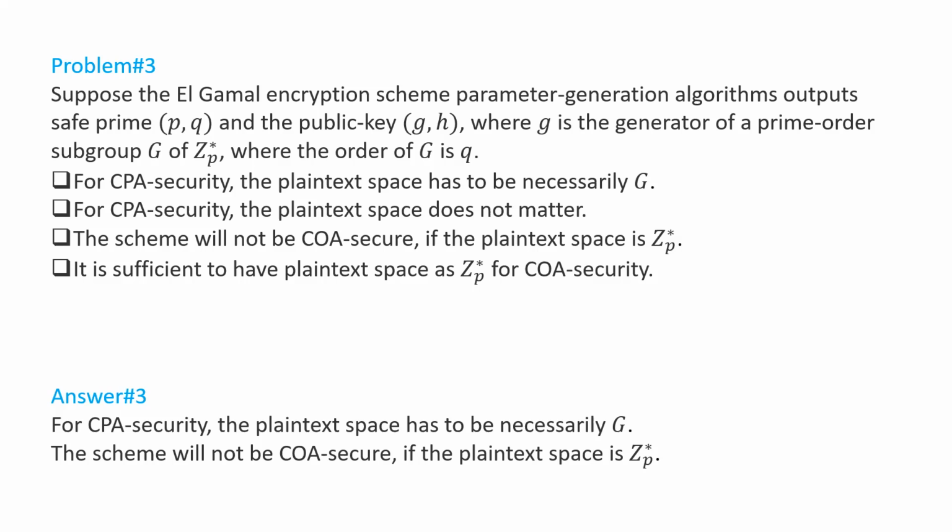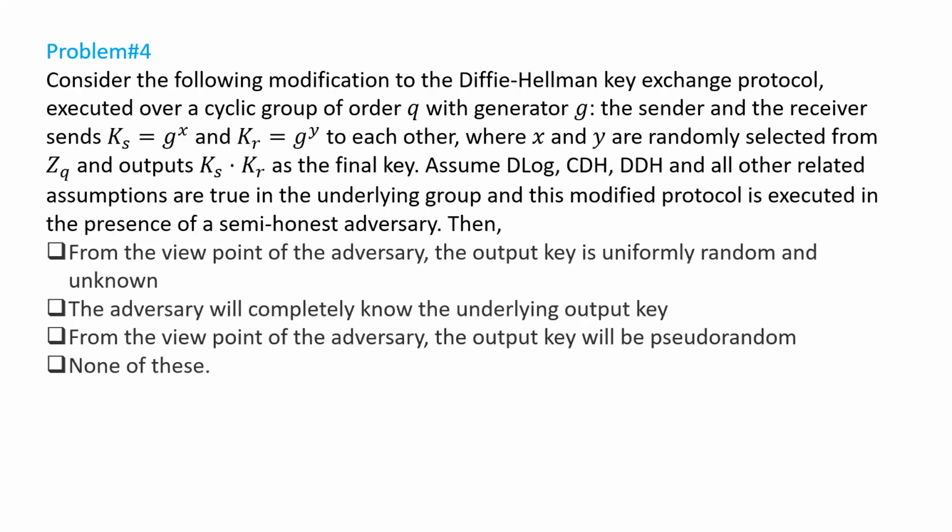So that's why the first option is correct and the third option is correct. Okay. Next problem. Consider the following modification to the Diffie-Hellman key exchange protocol executed over a cyclic group of order Q with generator G. The sender and the receiver send Ks equal to g to the power x and Kr equal to g to the power y to each other, where x and y are randomly selected from Zq,